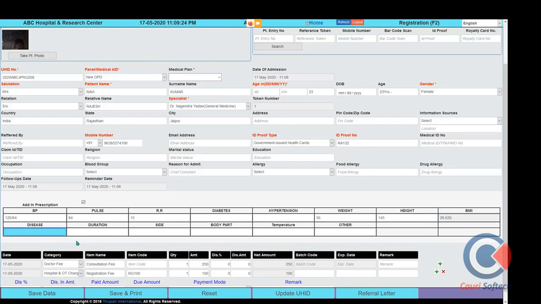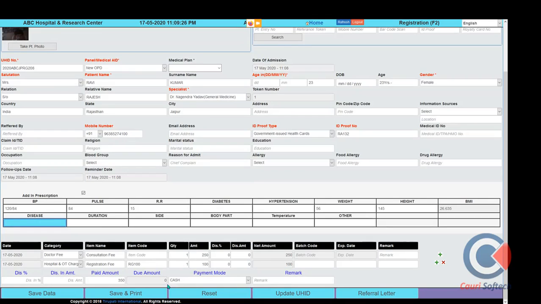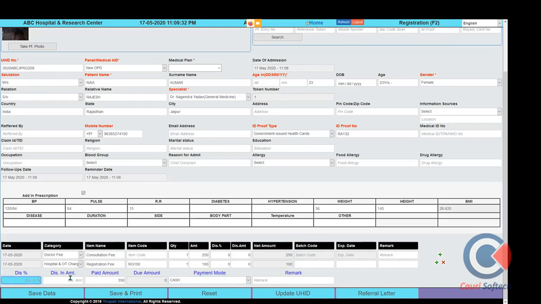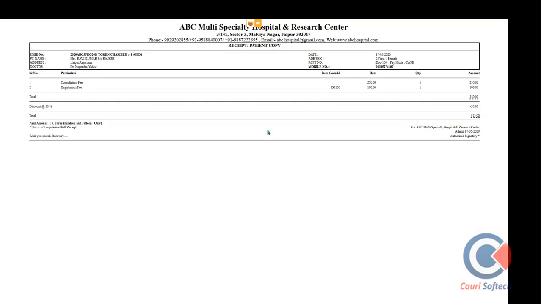In this way the BMI index is also created, and this way you can choose the mode of payment. After filling in all the information, if you are going to give a 10% discount, we also give a remark option. You can put any remark in the case of a discount. Normally a remark is not mandatory. So this way we can make the OPD entry from the reception system.